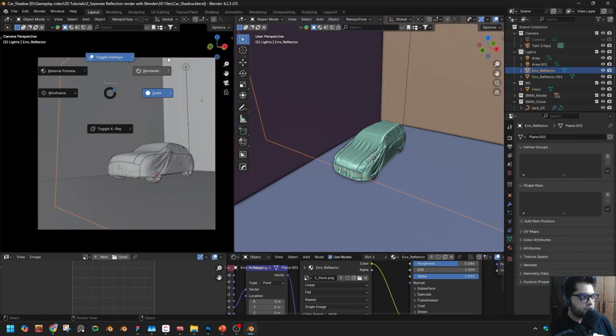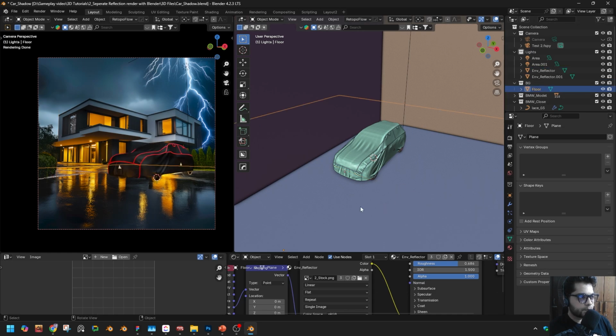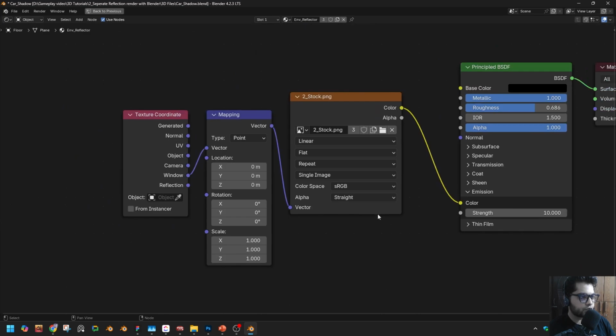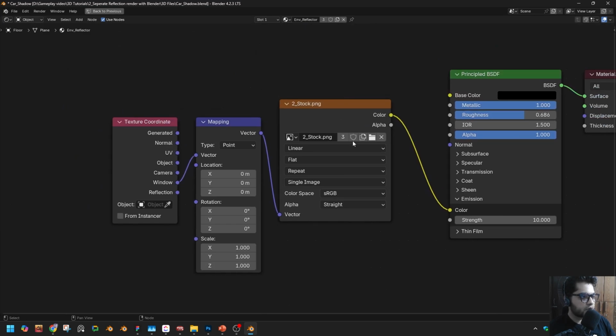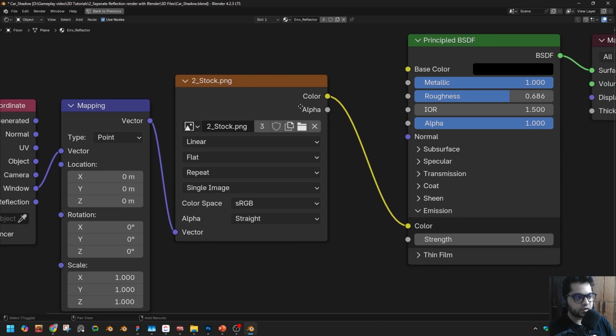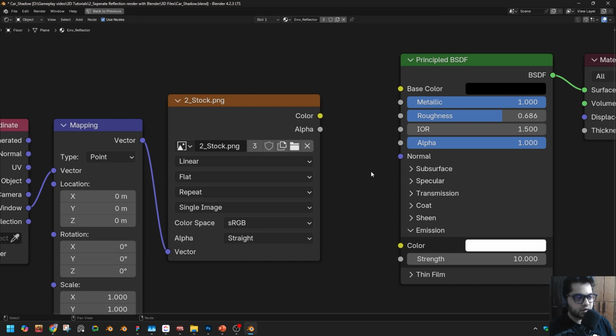Okay, so let's work on shadow now. Previously, the floor was an emissive light. If we go back to the shader editor, you'll see that the image which I used as background was connected to emission color, and the strength was 10. Now I have to cut off this line,